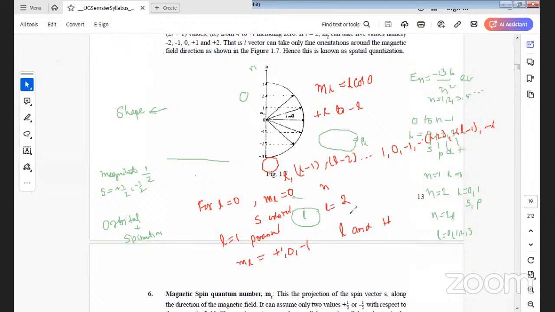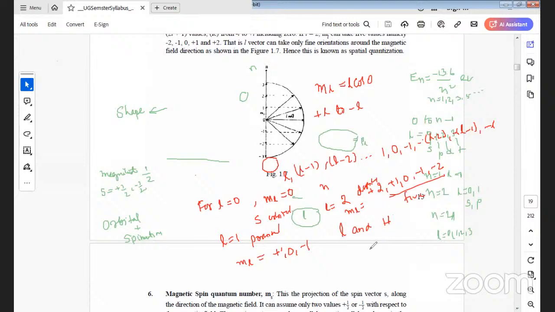So in this case, ML can take the values starting from plus 2 to minus 2. So plus 2, plus 1, 0, minus 1, minus 2. All these values can take place. So all how many? 1, 2, 3, 4, 5. Five permitted orientations can take place. So this is what we call a d orbital. Similarly, for L equals 3 we get the f orbital, so